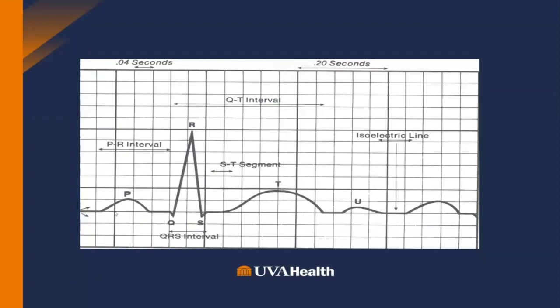So the P wave is the atrial firing. The PR interval, as we see up here, from the beginning of the P wave to the Q wave, is the travel time from the SA node to the AV node to the activation. And the QRS firing is the ventricle contracting, depolarizing, and then the ST segment. Here, followed by the T wave, is when there's absolute